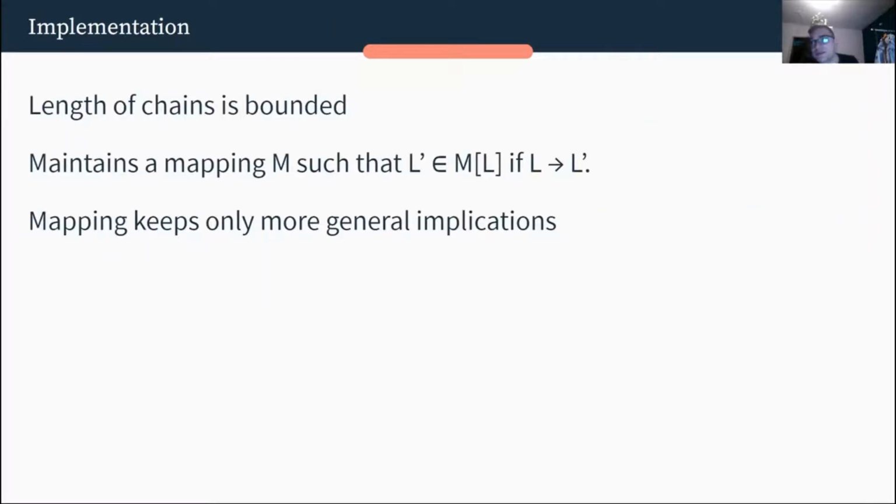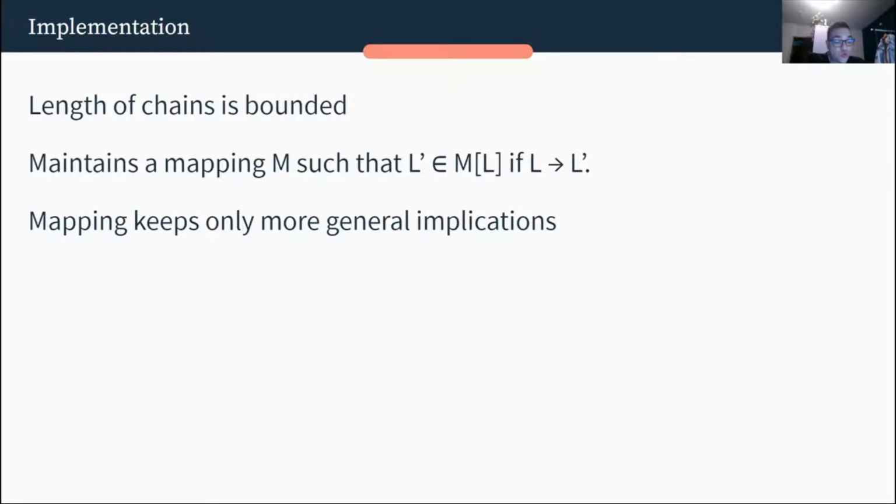How is this implemented? Well, you could already see that in first order logic we have a bound on the length of chains, because in first order logic chains can have infinite length. And how do we efficiently implement it? Well, what we do is we keep a mapping from a literal to all of the literals that it implies,